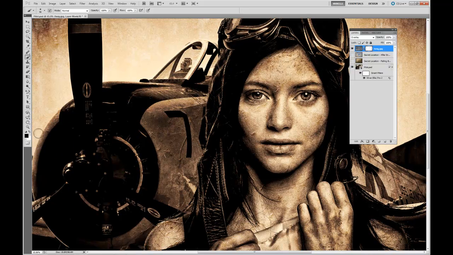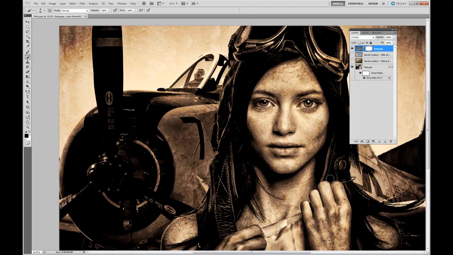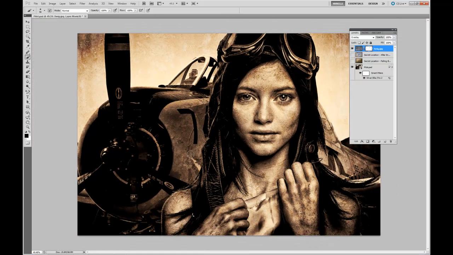Good. And notice I'm painting in black. If I change it by using the X key, I can paint back in any of the areas that I accidentally went over on. Good. Go back to X. Now for the face itself, I like what it's doing, but it's a little too strong. Like right up in here. Good. Right on her face. That's it. I like what it's doing to the hands. I'm not really in love with what it's doing to the